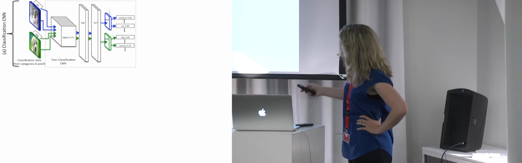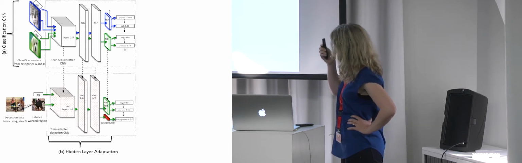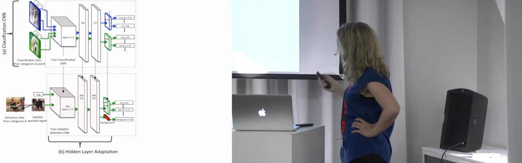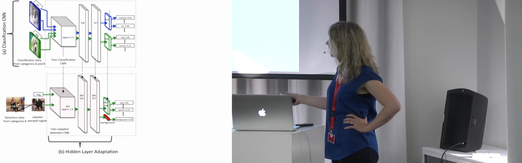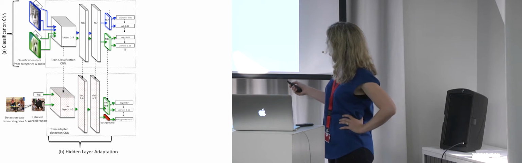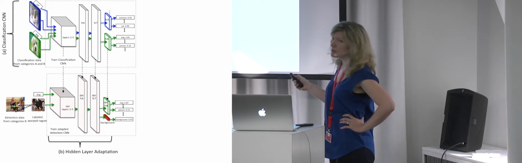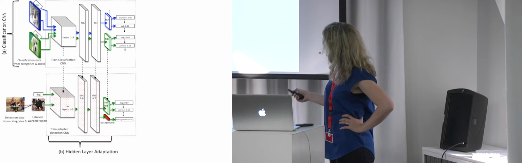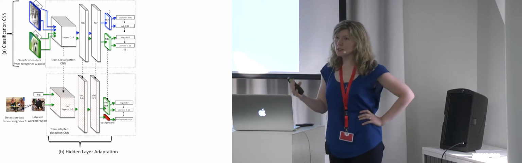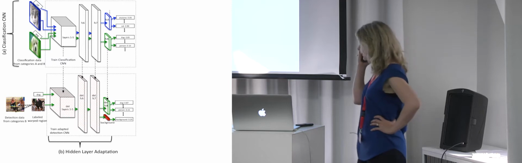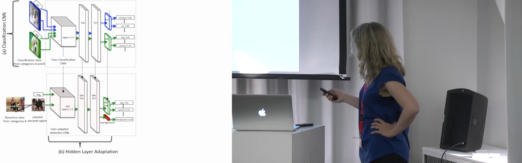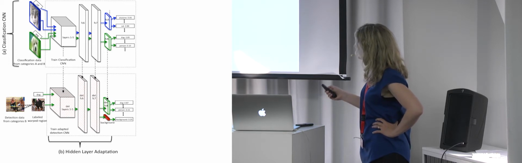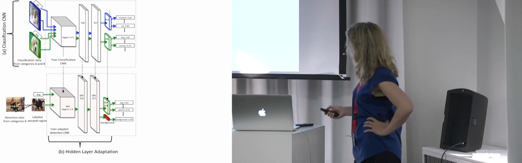So this is the network up here. And then the next thing we do is we adapt this network for detection. So we have some additional data that has detection labels, that has bounding boxes around objects. So we start with the parameters of this network, and we fine-tune, or we continue learning using backpropagation, just the typical learning method for these deep networks, but just starting with the parameters of this original classification network.